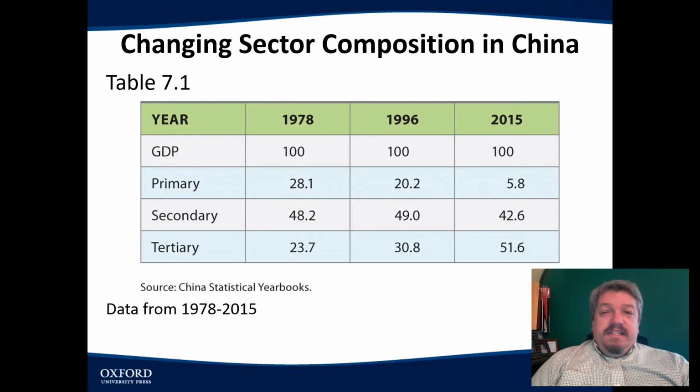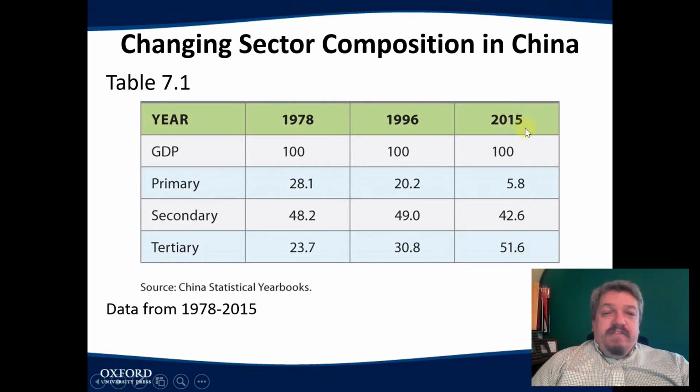You can actually see how it kind of ties into the idea of a mature economy. In 1978, in China, of all the economic activity in the country, the primary aspect, right, the base level, accounted for 28% of the economic activity, whereas the service sector was 23%. By the way, in 1978, China was still one of the poorest countries in the world. The average income in China was less than almost every country in Africa.